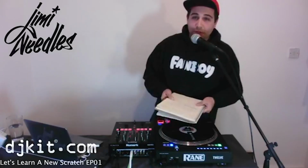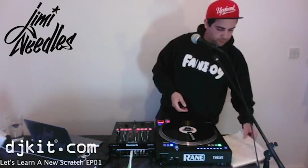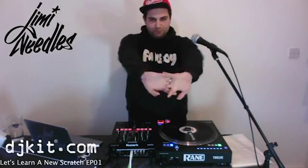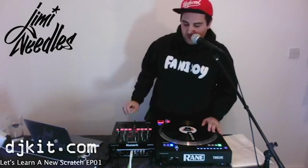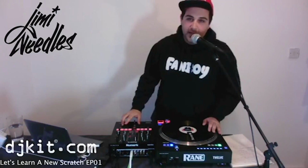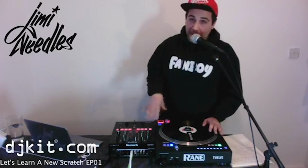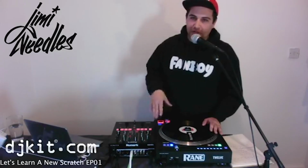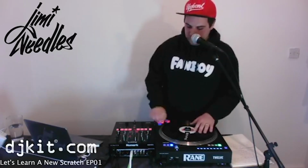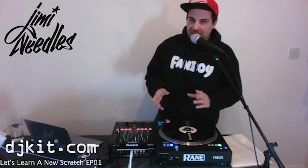So yeah, let's get started. The scratch we are going to learn today, ladies and gentlemen, is the swing flare. Swing flaring. Now, I did a little bit of that in my intro scratch jam just to wait for all the crew to arrive. But the swing flare is effectively 2 or 3 different kinds of scratches,